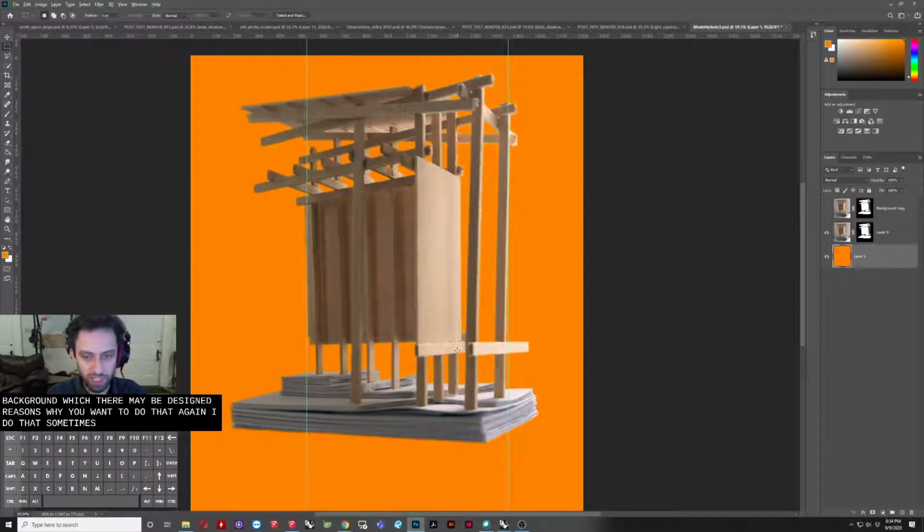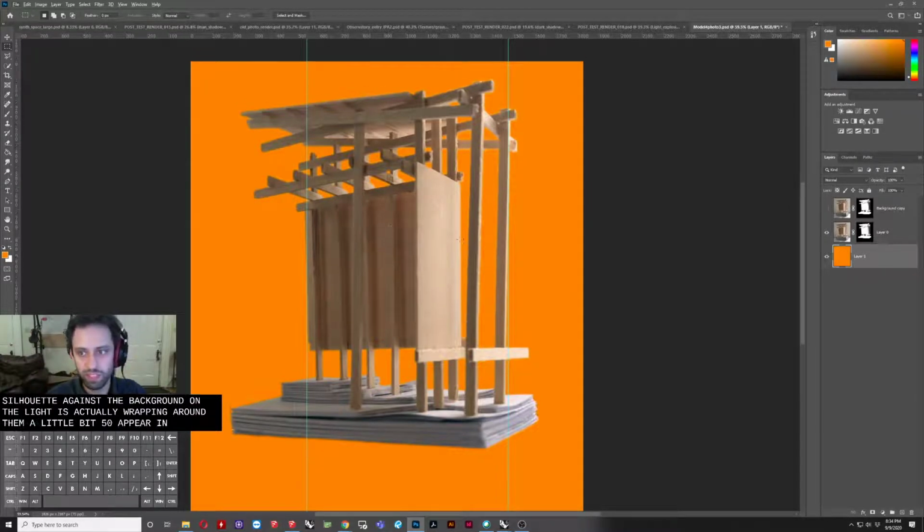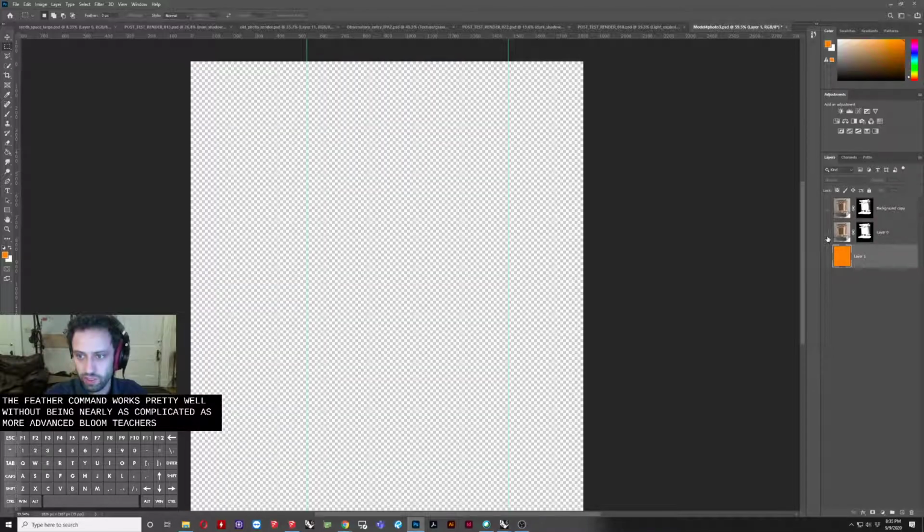Again, I do that sometimes on people when rendering them into Photoshop because it helps them appear more part of the background when they don't have as hard an edge in their silhouette against the background. The light is actually wrapping around them a little bit, or gives the appearance of that. This is sometimes called bloom. It's a sort of synonymous thing. Bloom can be done in other ways too. There are technically more accurate ways of doing it, but the way that I showed, just softening the edges using the feather command, works pretty well without being nearly as complicated as more advanced bloom features. Okay, so